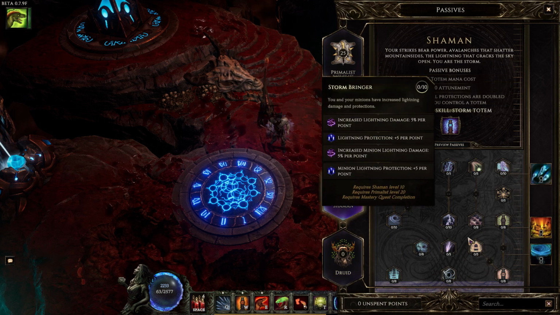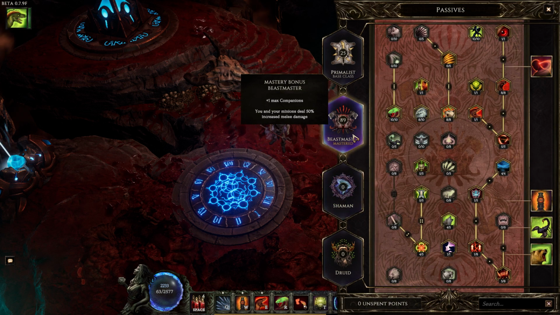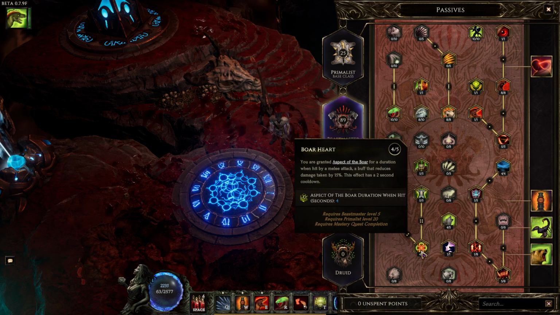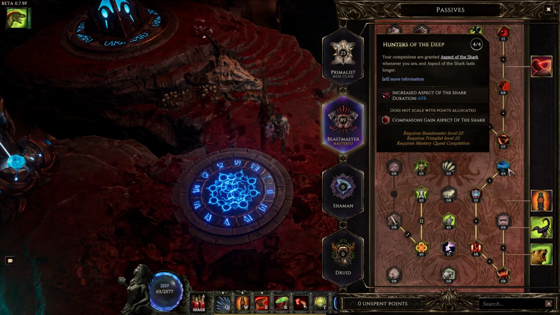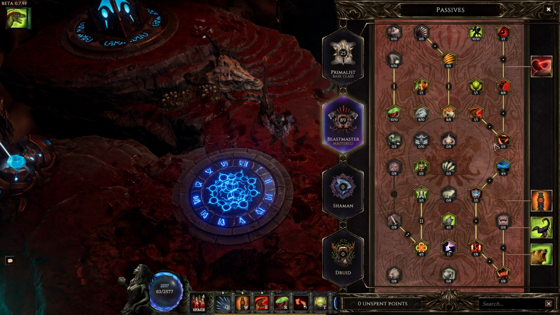We took out the points in the Shaman that was giving us the attack speed, so we have no points in the Shaman. And we have 89 points in the Beastmaster, with 5 points in Savagery, 1 point in Ambush, 1 point in Ardors of Loyalty, 4 points in Boarheart, 5 points in Porcine Constitution, 4 points in Call of the Pack, 1 point in Rending Maul, 4 points in Hunters of the Deep, 5 points in Primal Strength, 5